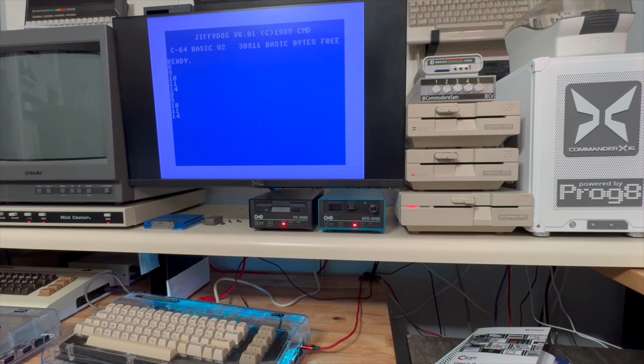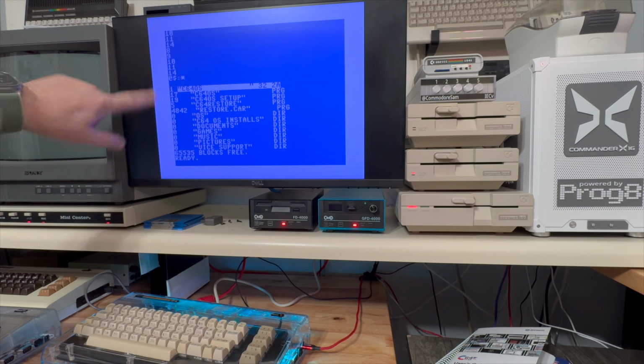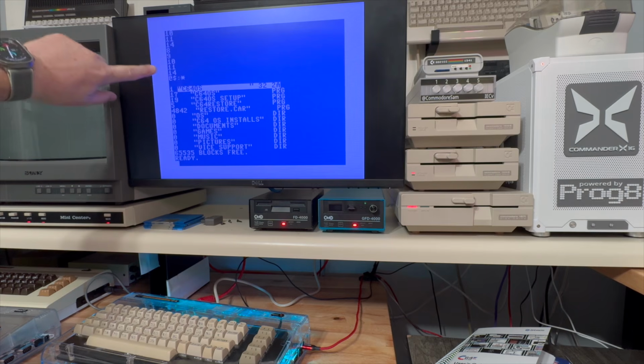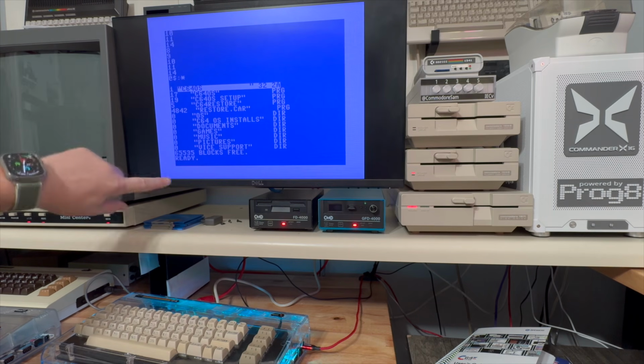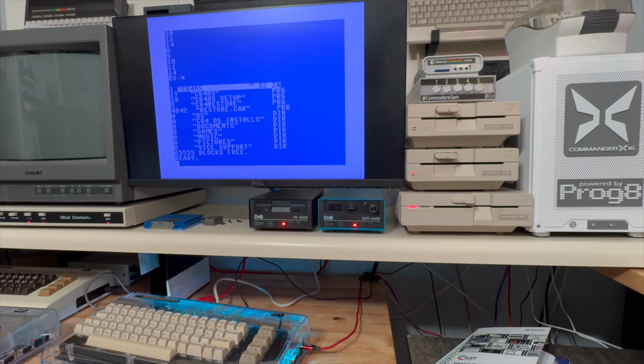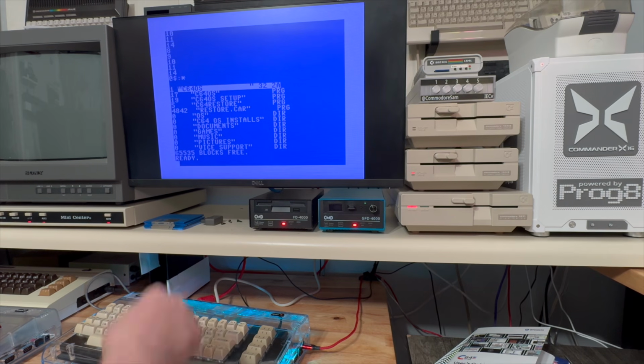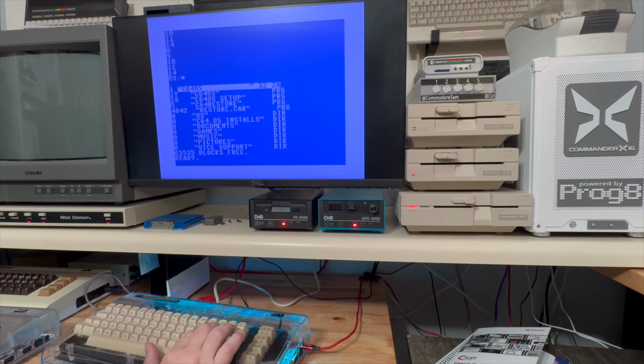So what I'm going to show you now is if I hit F1 here, you'll see that it shows the directory, and right now it's showing the directory of 14 because when I did the Control D, I toggled to 14. And then when you hit F1, it does a non-destructive directory, again that's a Jiffy DOS feature, and it shows everything that's in that folder. So in this, I showed you earlier, I'm in the SD drive of 14, I have got this C64 OS. So I'm going to run